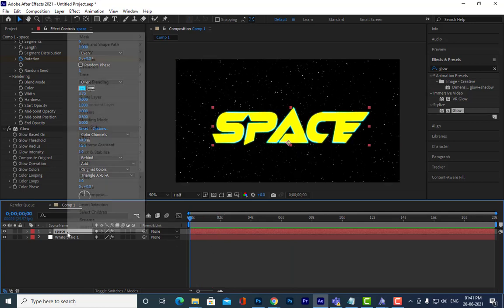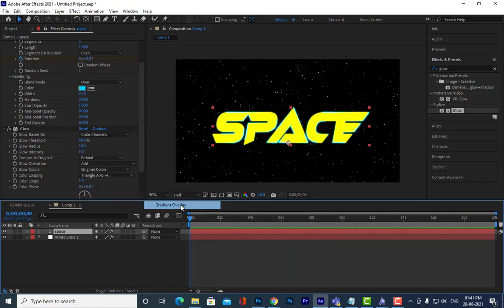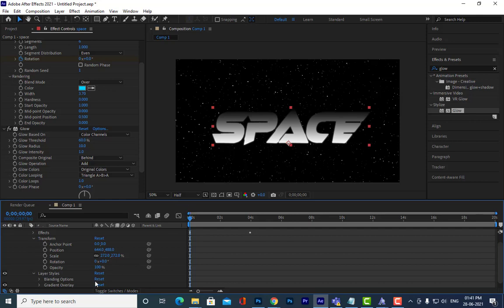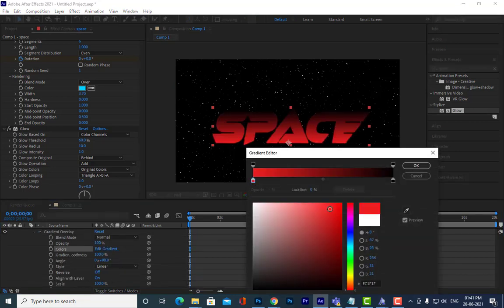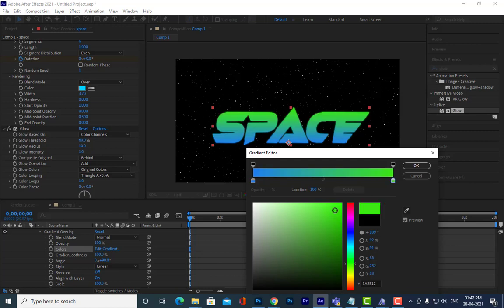So we can give a gradient. See, simply layer styles, and we can see we have given a gradient here. And then in the gradient, which color will be nice? Anybody can give me a suggestion? We already have this blue color, this Vegas effect, right? So we will take something opposite of blue, which is yellow, right? So we can take an orangish color.